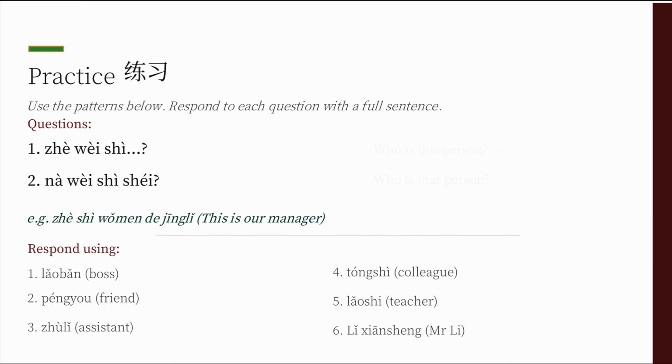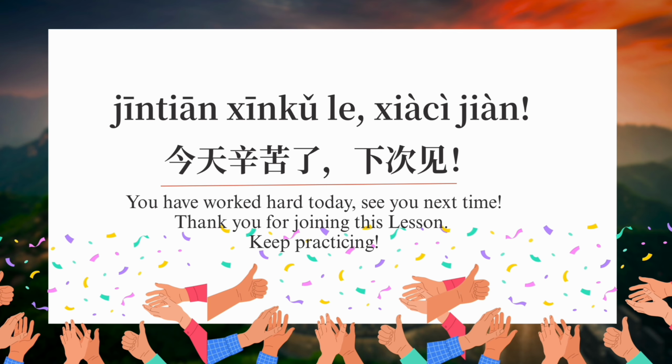We also learned other new words like 朋友 friend, 助理 assistant, 同事 your colleague. We already know 老师. What did we say 那 means again? 那 means that. 那是谁？这是谁？谁 means who. So by the end of this lesson, you should be able to introduce yourself and then introduce people beside you. Okay? 那大家辛苦啦，下次见。